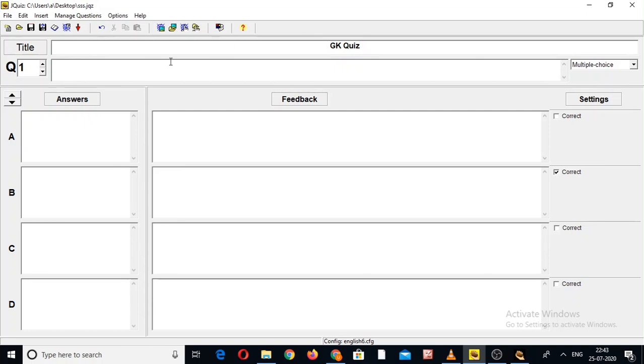Here you can write the question inside this box. We write the question, and we can increase the questions. After completing question number 1, we go on to question number 2, then question number 3. So this is one way. These are 4 options, A, B, C, D. You can increase the options also. If you want 6 options, go here and click on this one. So now there are 6 options. I'm talking about multiple choice questions. Minimum 4, and maximum you can raise as per your requirement.